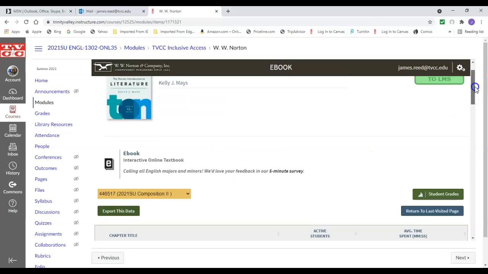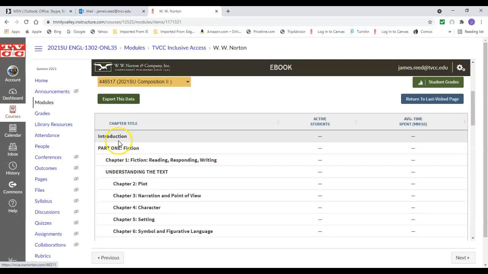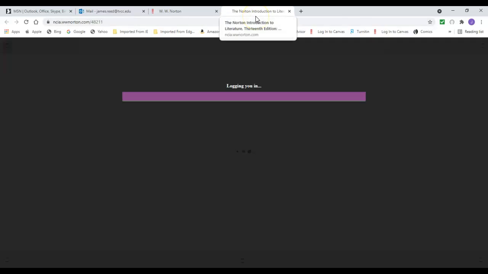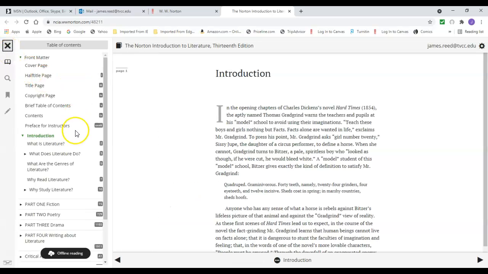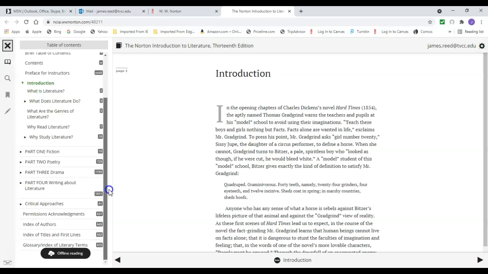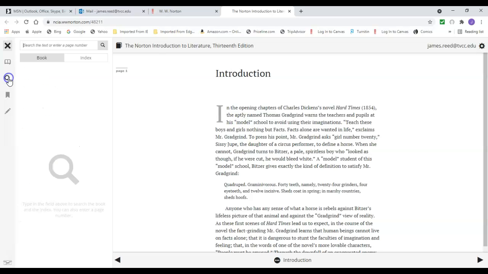And this is what you will see, the different aspects. And if you click on one of these parts, such as this introduction, it will open the ebook for you. And over here you'll see these bars, and that allows you to get into the table of contents where everything is. It also has a search button for you, so if you're trying to find a particular work, you can simply click here and type in, for instance, Updike, John Updike,